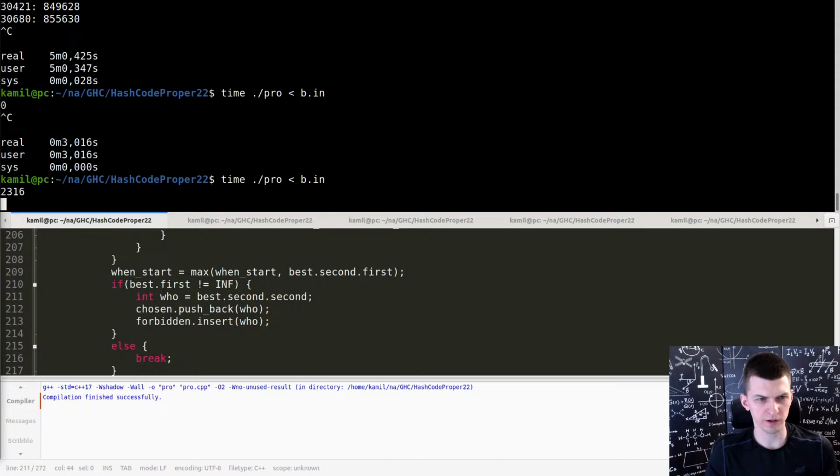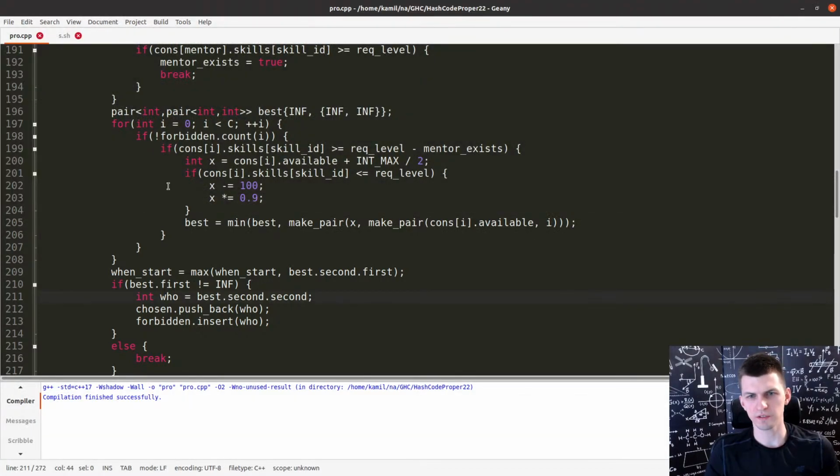Projects can be done in parallel, right? That's why I asked you about how you calculate score. When I do a project, I update available time for all the programmers who attend this project. That's it. I also had p squared time complexity. I messed up something, so what if we don't do that?